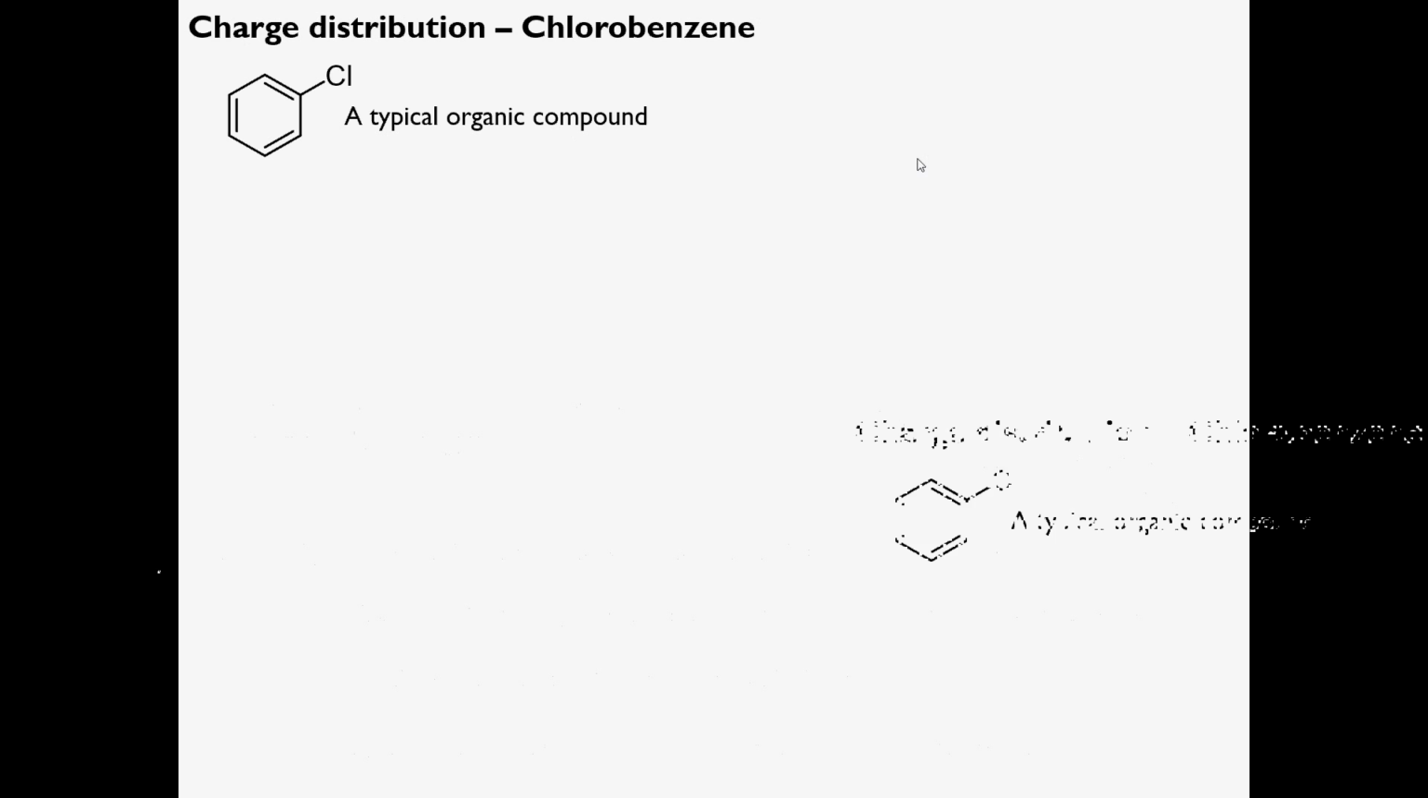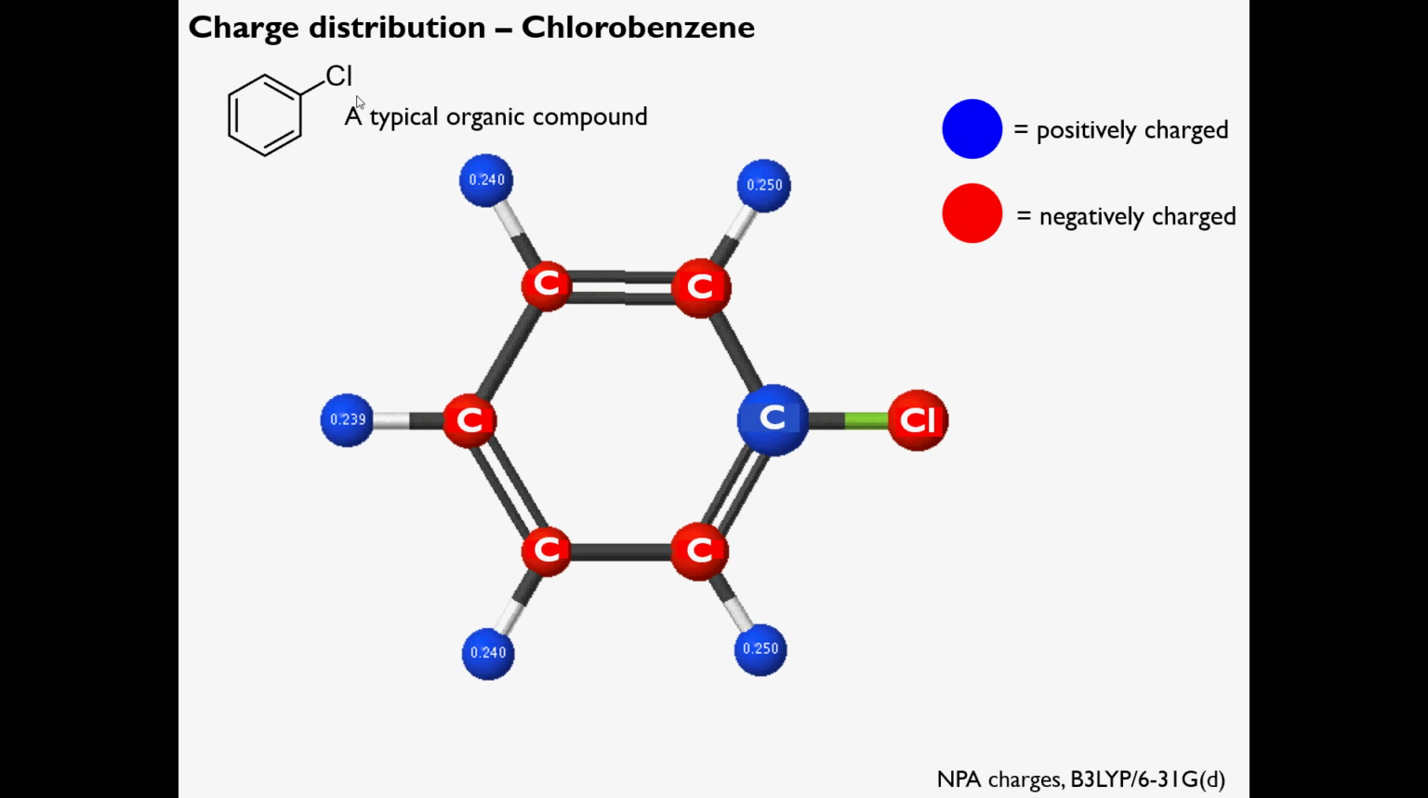Well, let's think about the charge distribution in a typical organic compound, and then go ahead and compare that to the similar charge distribution in an organometallic compound. So I've chosen chlorobenzene as an example of a kind of typical organic compound here. And if you could do this yourself, if we